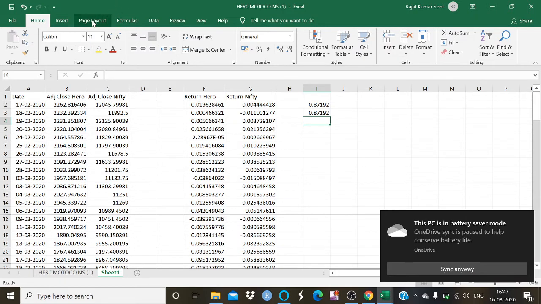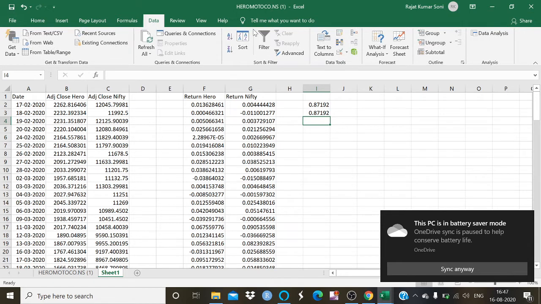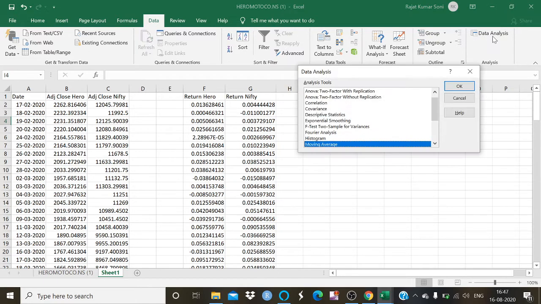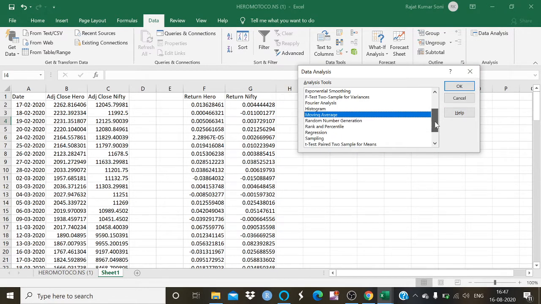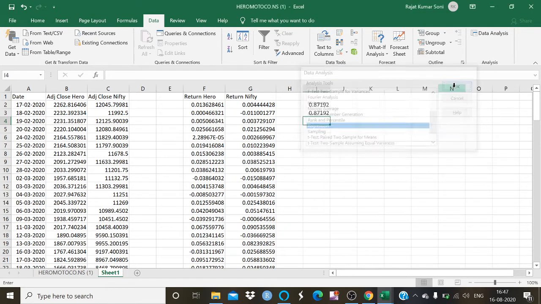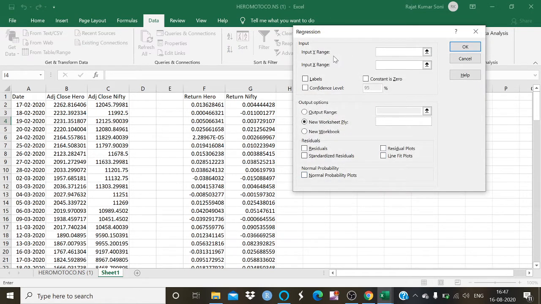Now I'm going to calculate the beta value with the regression method. Just go to the Data tab, on the upper right side of Excel. Here is the Data Analysis ToolPak, and scroll all the way down to Regression. Click Regression and OK. And insert the X range.